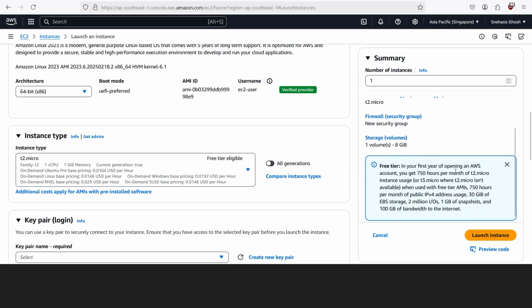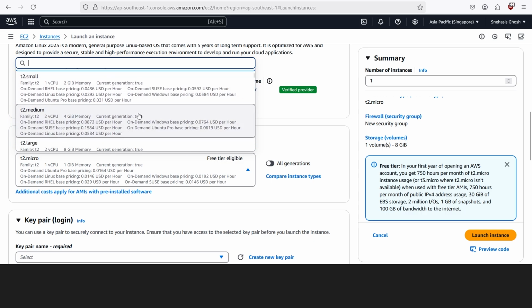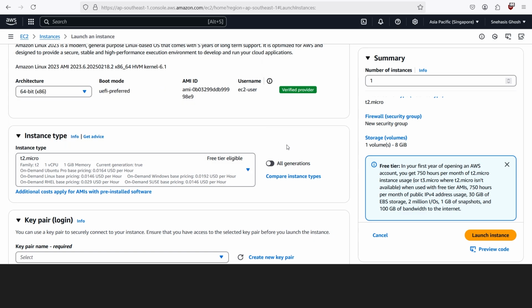As you can see here, the free tier: if your account is new, you can get this free tier on T3 micro and T2 micro. Currently I'm getting the option of T2 micro as free tier eligible. If you use any other instance instead of T3 micro or T2 micro, you will be billed. And if your account is older than 1 year, then even if you use T2 micro or T3 micro, you will still be billed. But if your account is new, you will not be billed because you are within the